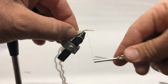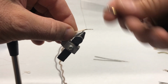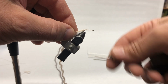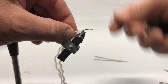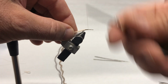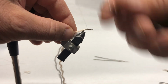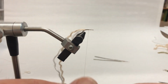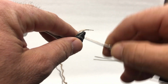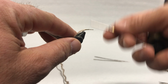So I'm going to trim that off, and then I'm just going to carefully wrap up. And I want to keep the body of this thing. So notice, I need to keep building this up so that the body is smooth and even, because think about the caddisfly larva, it's like a worm, and it's pretty even. It doesn't get too big at one end or anything like that. So I'm going to build this body evenly up